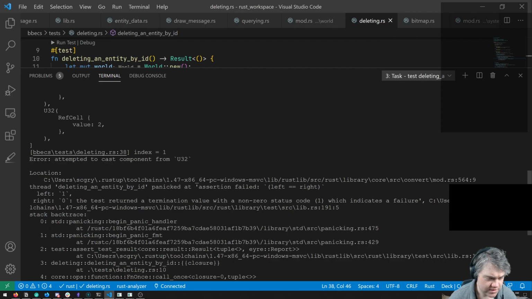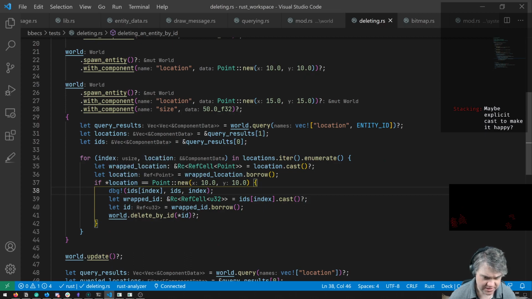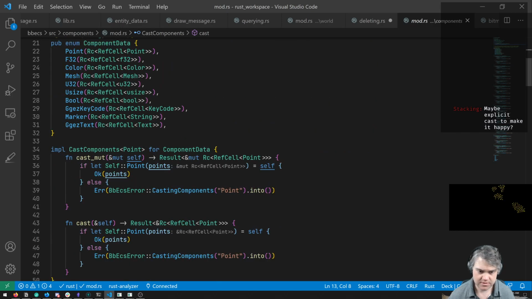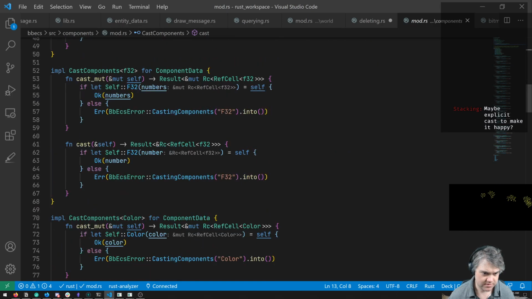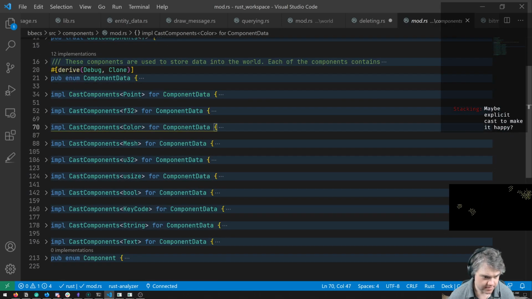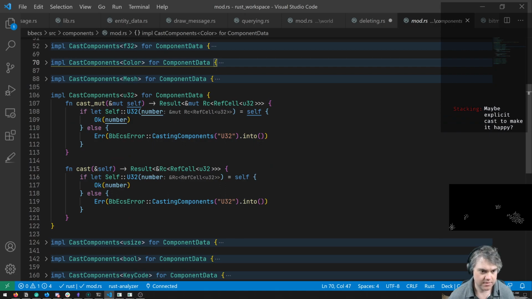Okay, so this is deleting line 38. Yeah, that's just where we're doing that. So when I try the cast for the U32, okay, so cast mute.